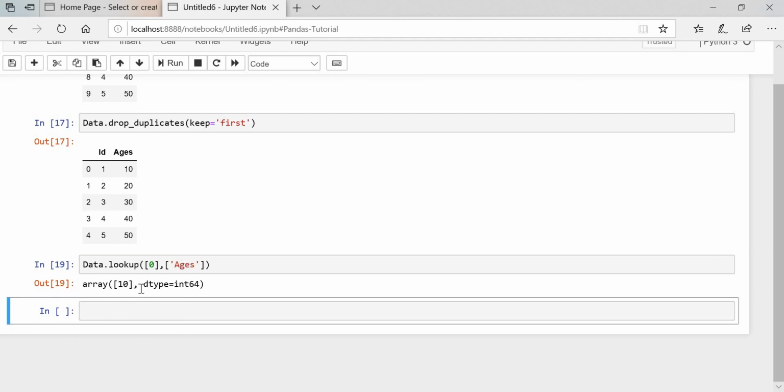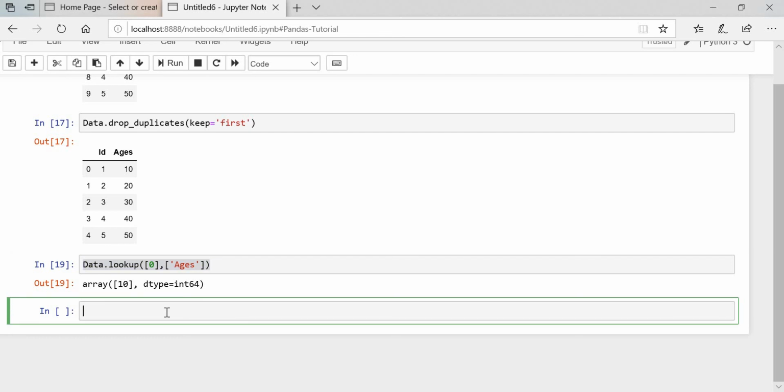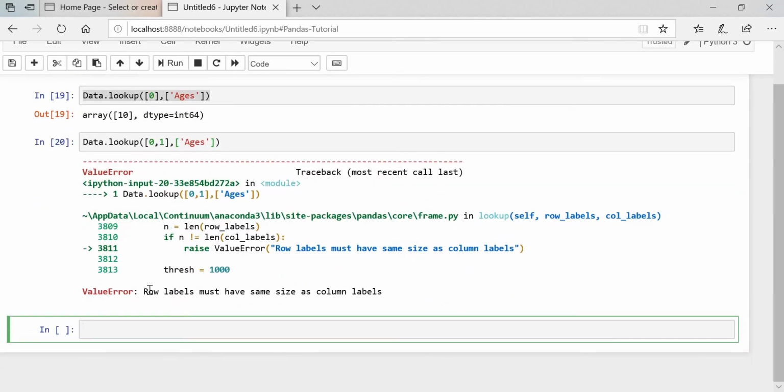So you can put any number inside your data set. Let's say I'll copy this one, I'll paste it over here. Then I will put, let's say, 1 also. If you want 2 pieces of information, you need to put 2. See, I will execute this one. I got an error. What is the error? Row labels must be the same as column labels.